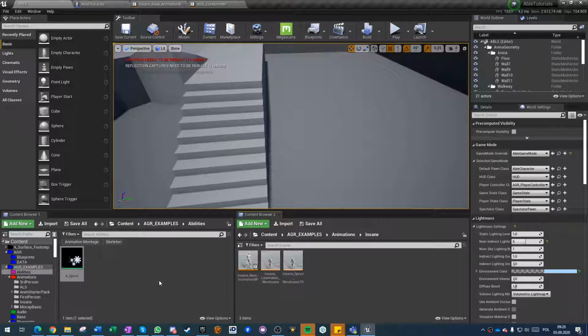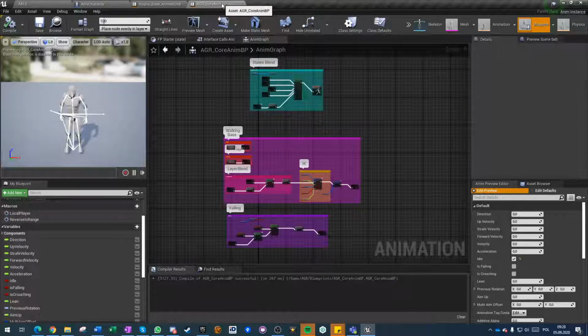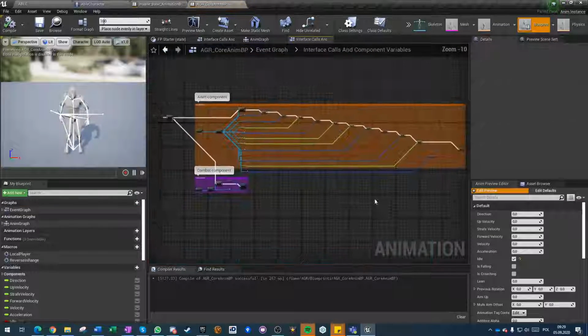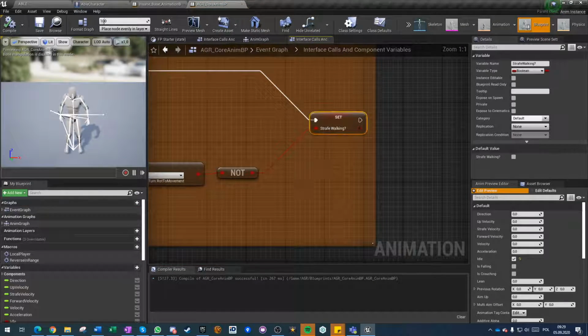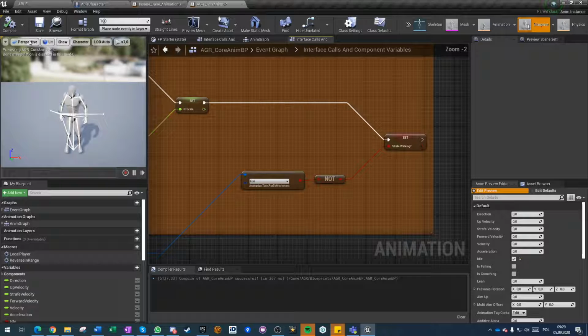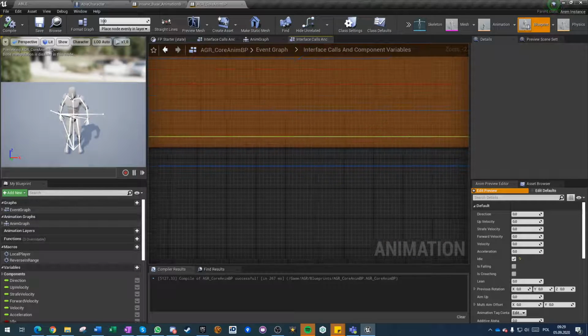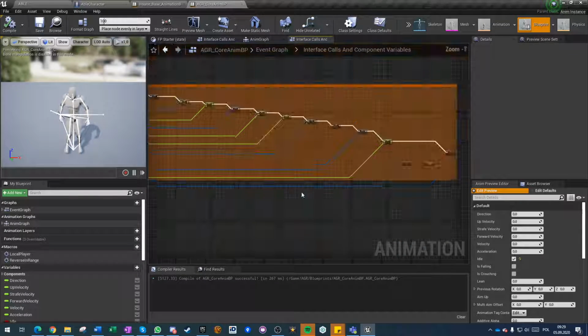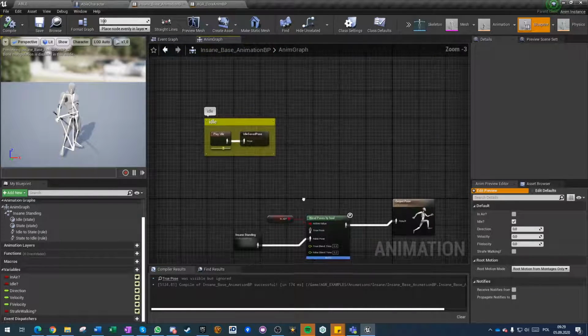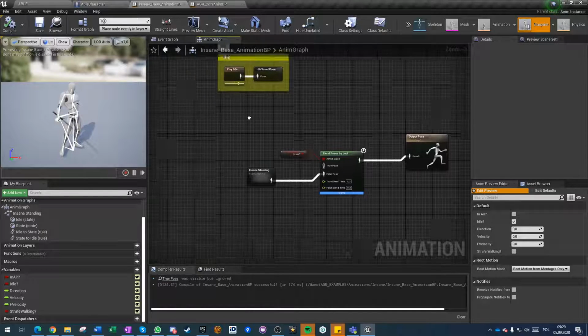Also made some very small adjustments to the AGR general core anim blueprint. So for example, in the event graph, I've added a new variable which is called strafe walking, which is just if our turn rotation is not rotate to movement, because if we are rotating to movement, we're not strafe walking. Any other turn rate means we are strafe walking. So we are using this as well, and inside this absolutely very standard